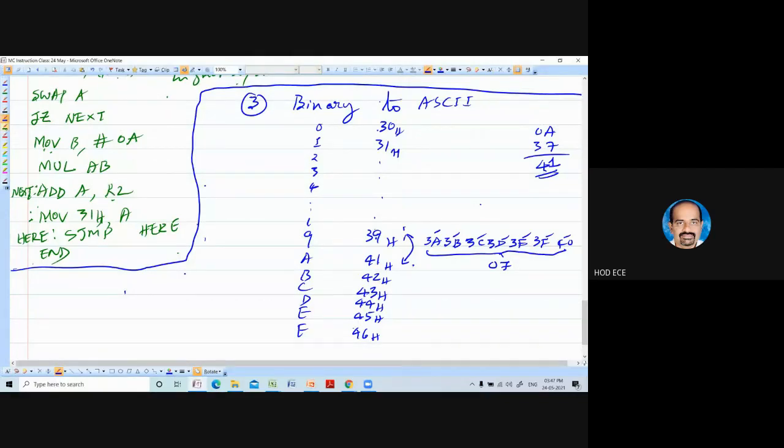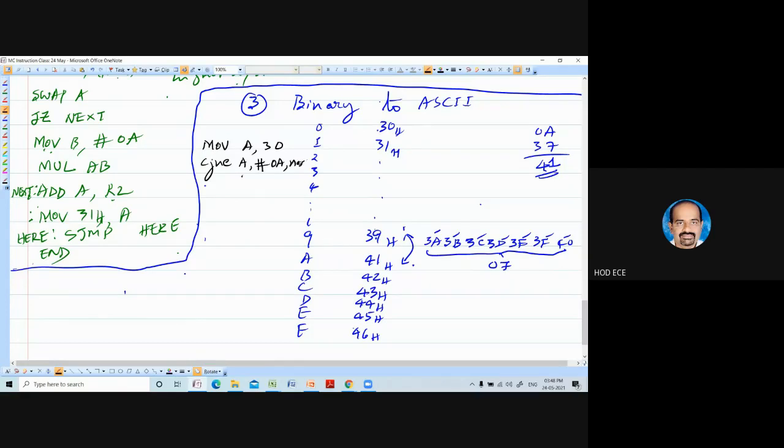So now let us write the program. Very simple. Take a binary number into accumulator. Compare: CJNE accumulator with hash 0A.